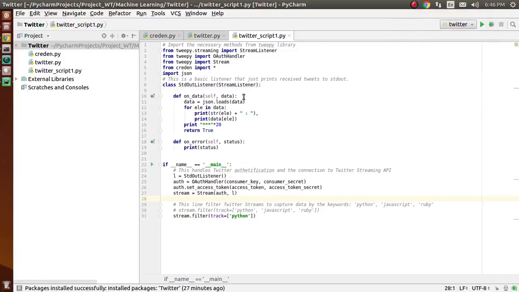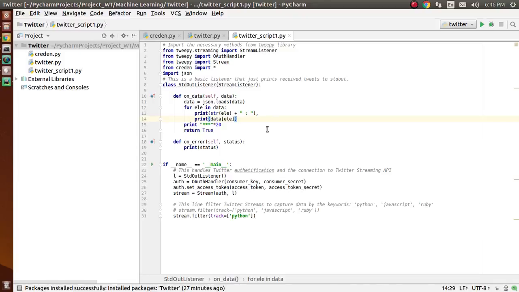Hello everyone. In today's video we are accessing tweets from our timeline, and we are accessing only those tweets which have particular keywords. Suppose you want to access only those tweets which you are interested in, and you don't want all the tweets on your timeline. All you have to do is pass these keywords here, and you will get only those tweets from your timeline which have the particular keywords you are interested in.